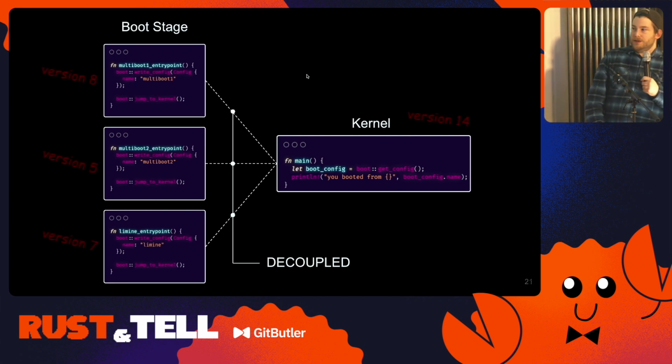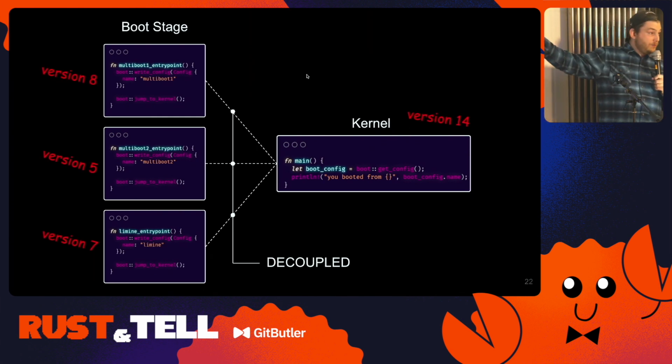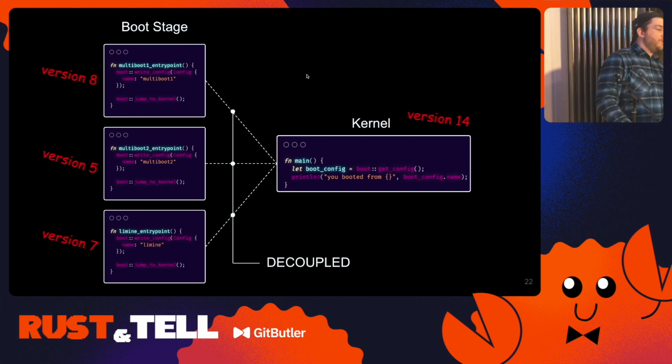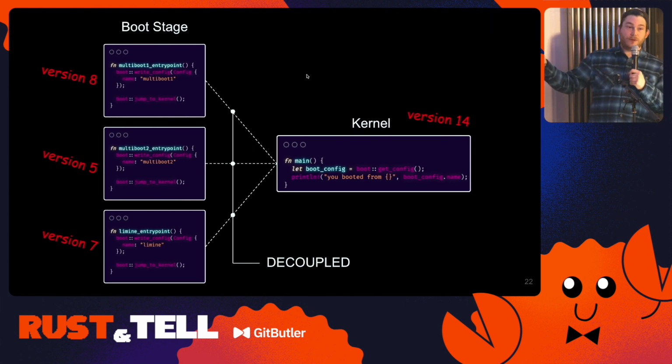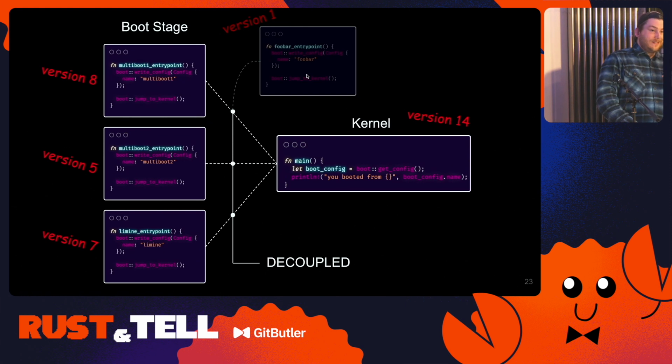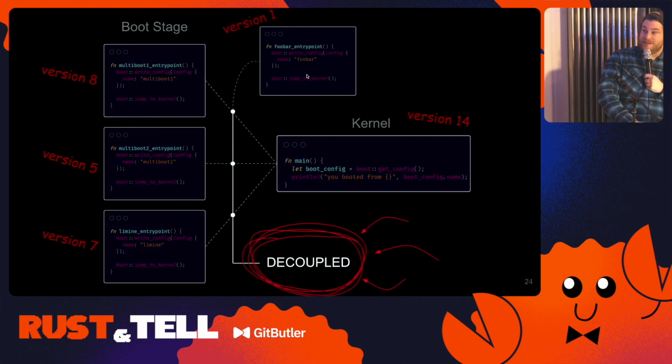The important part, though, is that we can also version them differently. This is another slide I made. We can version them differently. We can install them, remove them, and we never have to rebuild the kernel. That's really the important part. We can add them, and it always stays decoupled, right? Important part. Really slow transitions, yes.